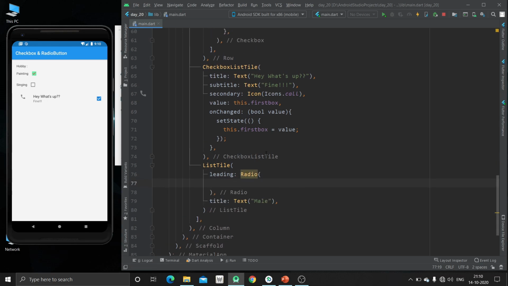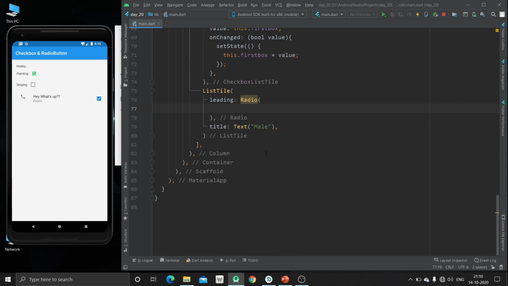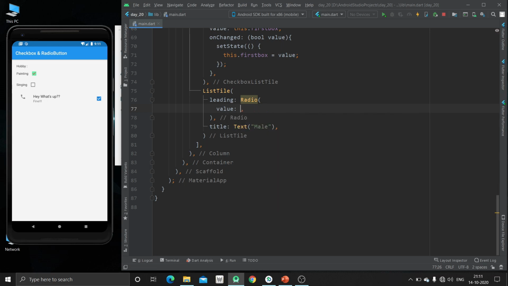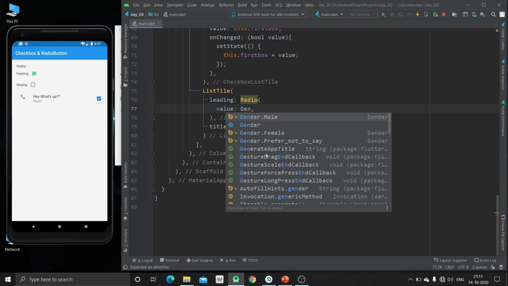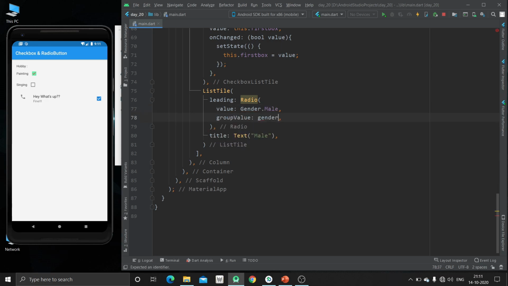Inside this radio button we are going to specify the value, and that will be by default gender dot male. Now the group is gender.